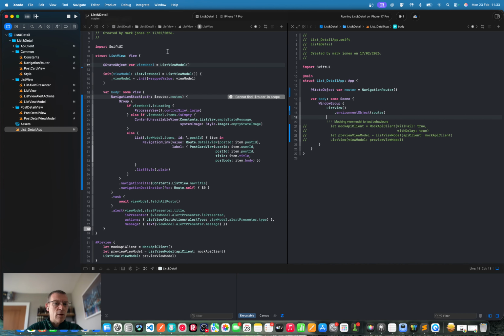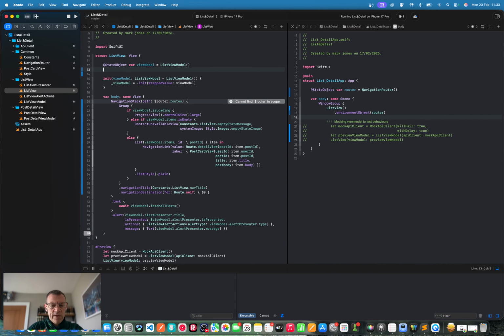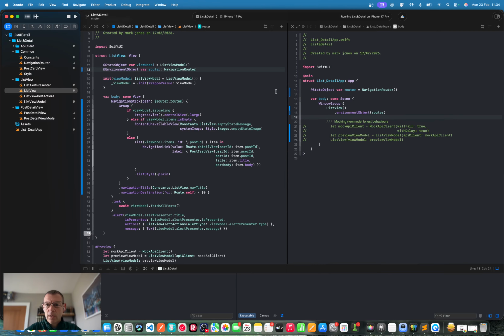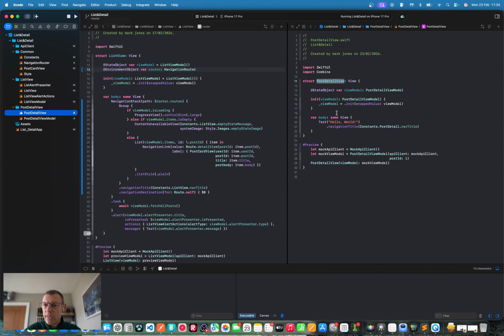So now we need to come back to our list view here, and we need to use this environment object. It is a var router, navigation router. Then I'm going to have to update. No, that's fine. So does this still work? Let's run it again. Tap works. Back we go. That works. And if I go to the post detail view here,